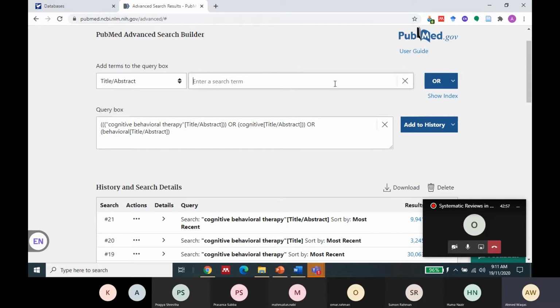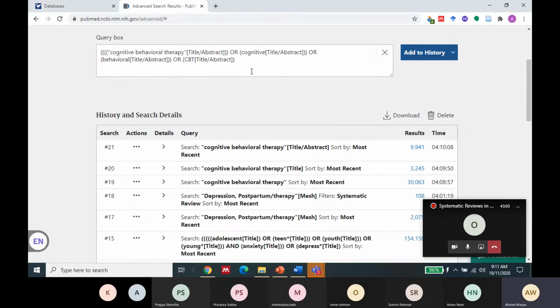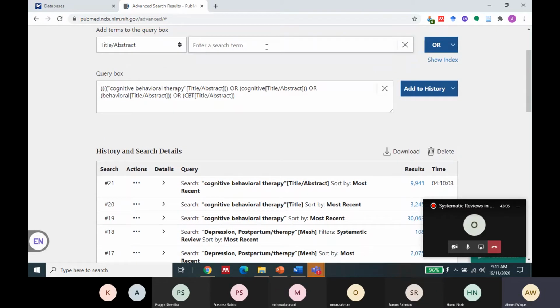Behavioral with OR, CBT with OR. So you have this, and then you can type in your outcomes, depression, anxiety. So I assume these are primary outcomes for most of the randomized controlled trial papers that have been published,